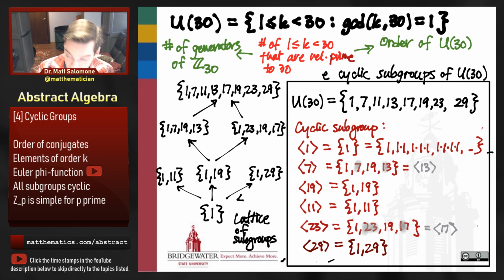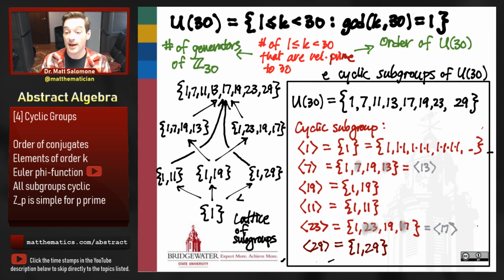And sometimes the lattice of subgroups can be a powerful tool for distinguishing different groups one from another. Because two groups that are the same are going to have a lattice of subgroups that looks the same, right? We may call the subgroups different names because the elements have different names, if the groups might be superficially different. But the lattices themselves will be the same, provided that the groups are the same. And I suppose I would need here to also draw in some arrows from these up to the top. But you get the idea, right?